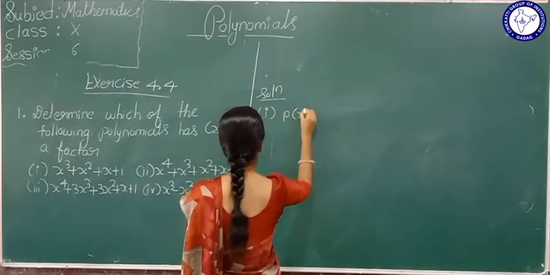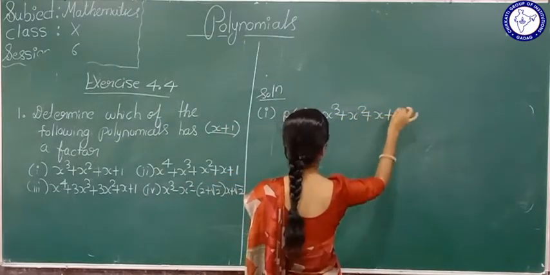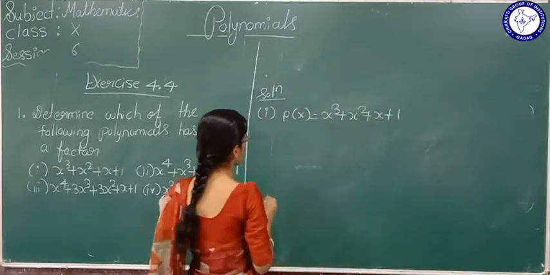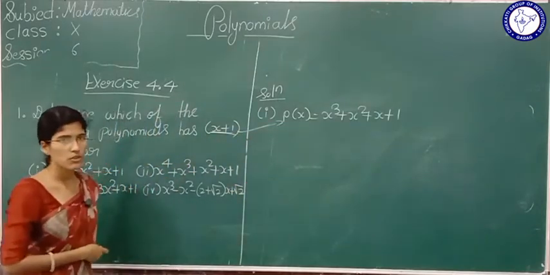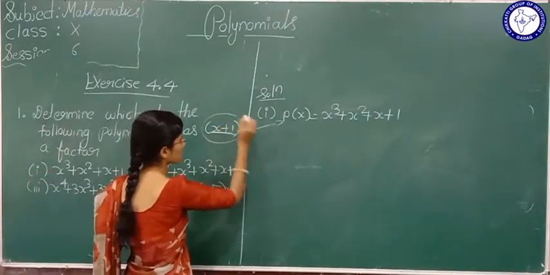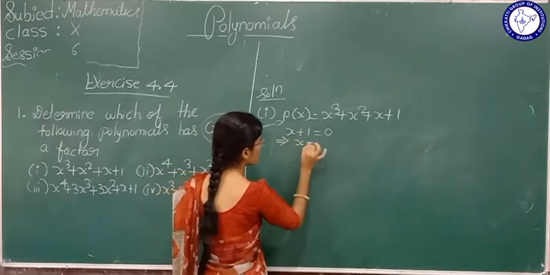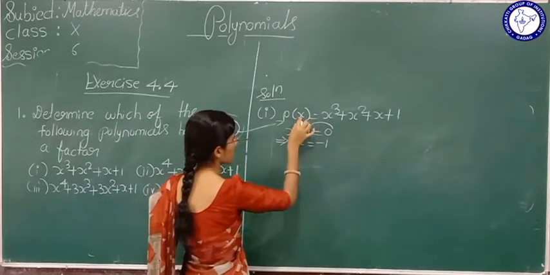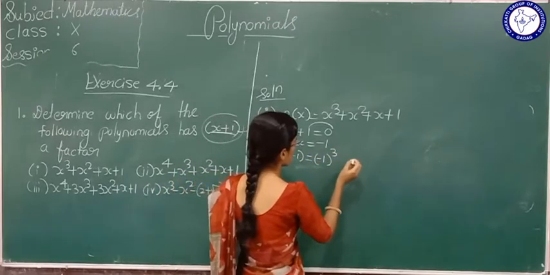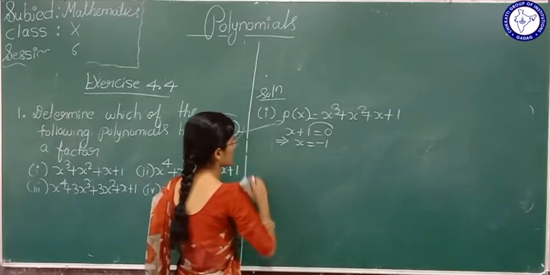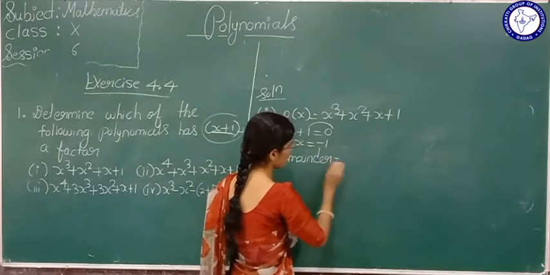See here, p of x is equal to x cube plus x square plus x plus 1. We have to check if x plus 1 is a factor of this polynomial. What we will do? We will equate this with 0. So this implies x is equal to minus 1. Put minus 1 here. P of minus 1, it will be minus 1 the whole cube, or if we are getting confused, we will write remainder is equal to, we are finding the remainder here,